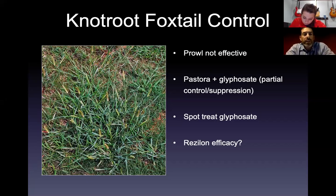herbicide. We can get post-emergent control in Bermuda grass pastures with combinations of Pastora with Roundup. This is generally going to give us partial control and growth suppression. It will prevent knotroot foxtail from taking over pastures. It will slow down the spread of these patches, but really early detection is critical with knotroot foxtail. So patches like you see there in that picture, before that plant starts to spread from below ground rhizomes, kill it out before it begins to spread. It's going to be very critical. So constantly monitoring for knotroot foxtail and killing out young patches as soon as you see them is going to